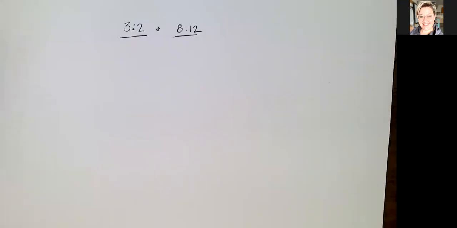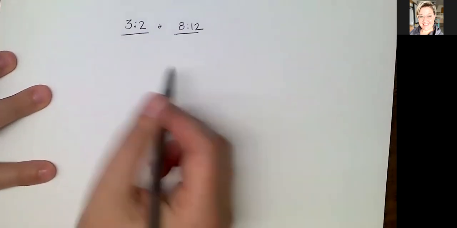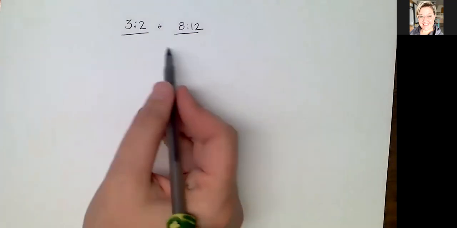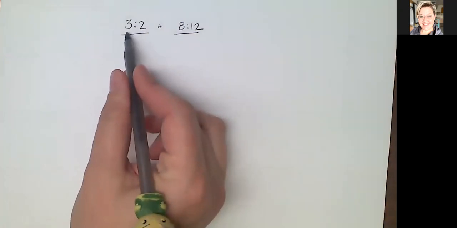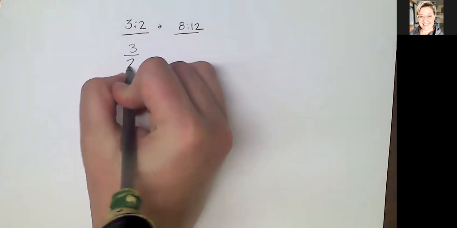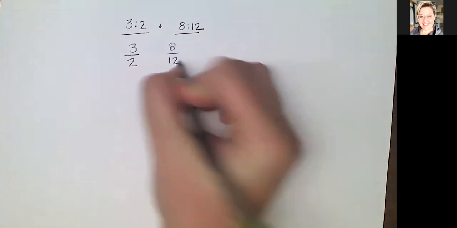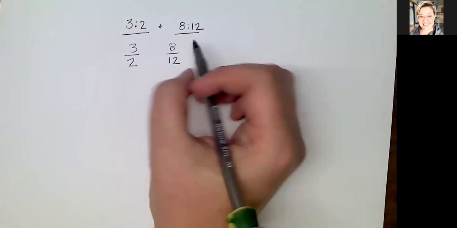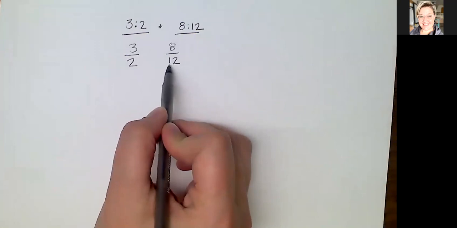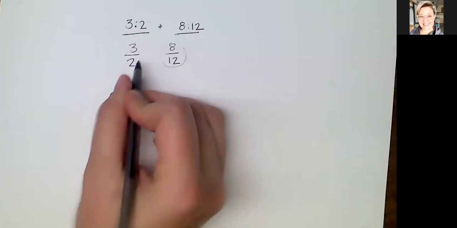Okay, so we have switched over to my dot cam, and we're going to look at the ratios of 3 to 2 and 8 to 12, and we're going to decide if those are equal. So again, the first thing we do is turn them into fractions with the first number as the numerator and the second number as the denominator. So this becomes 3 over 2. This becomes 8 over 12. Okay, so what we're going to do in order to figure this out is find a common denominator. So we know that 2 can go into 12. So we're going to leave this the same way it is, and then we're going to go ahead and turn 3 over 2